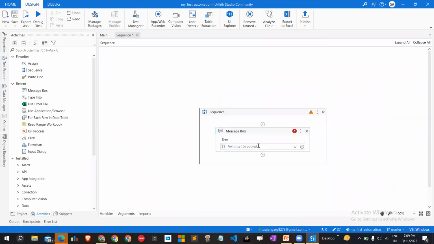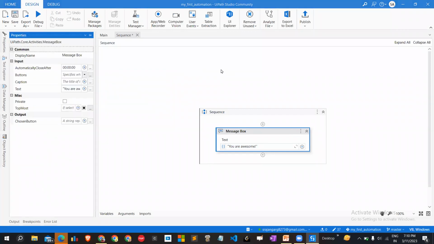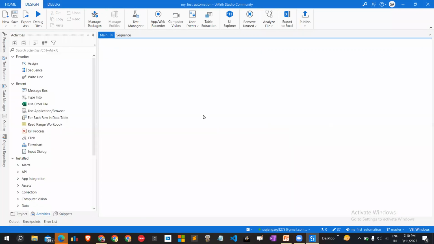So here is a message box. I can give the message, "You are awesome." Okay, so here is a simple message. Let's keep it in the double quotes. Oh, what is the error? Right. So just save this workflow. And in the main sequence,